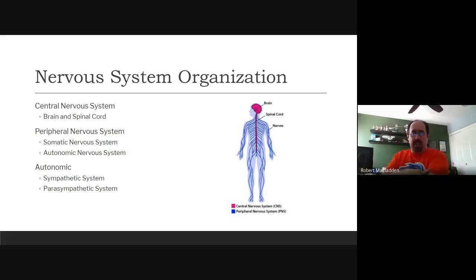So all of the nerve endings in your arms, in your legs, in your torso that isn't your spinal cord, everything else that isn't brain or spinal cord is peripheral. Your peripheral nervous system is made up of two parts, the somatic nervous system and the autonomic nervous system. The somatic nervous system takes care of all your voluntary functions. So the fact that you can wave your arm back and forth, that is your somatic nervous system doing that. Your autonomic nervous system is what controls all of your non-voluntary function, your heart rate, your breathing,